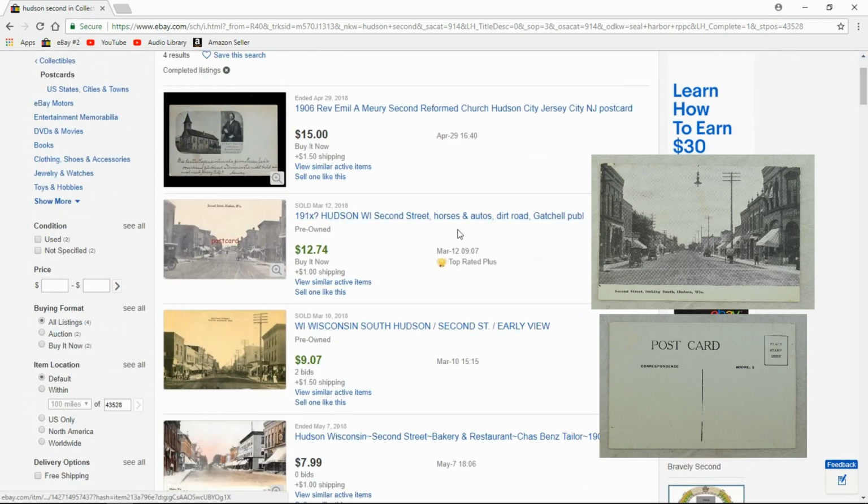So the top rated seller one, he got the best deal out of this. Let's see here. And again, this is an auction. These both could have went for the same price had this person put this up as a buy it now. So I'm going to go ahead and put this one up as a buy it now too, but I'm going to put